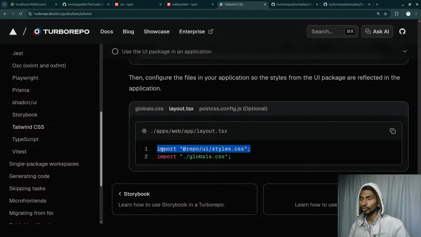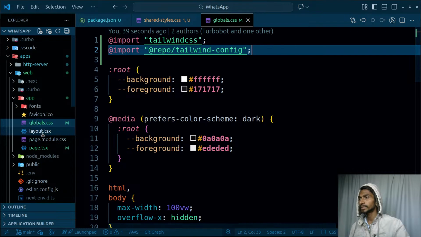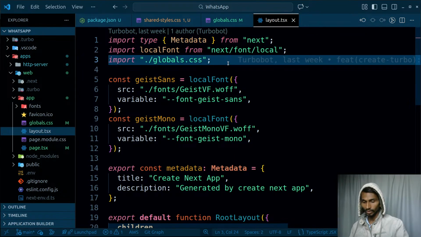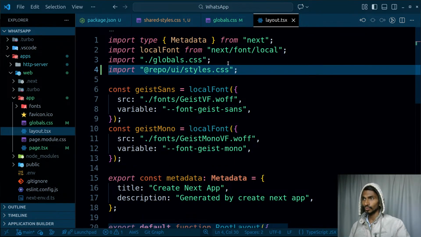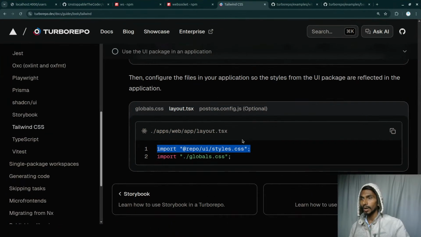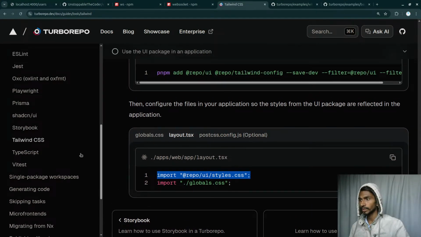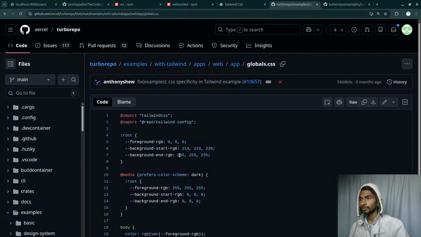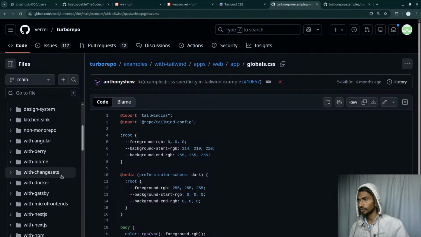Again, I will be importing the css only from the UI styles.css. That's fine. If I have some of them over there, that's fine. So I can come here inside my layout.tsx. I already had one global, and I'm gonna be having this thing too over here. So this thing actually got done. Apart from this particular thing, I don't really need to do anything else. What else I can actually do, or the thing that I can actually do, that is gonna be